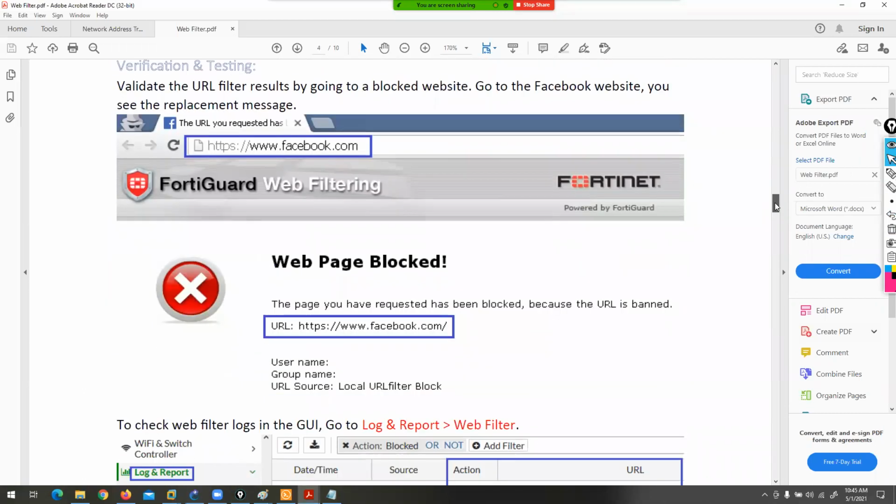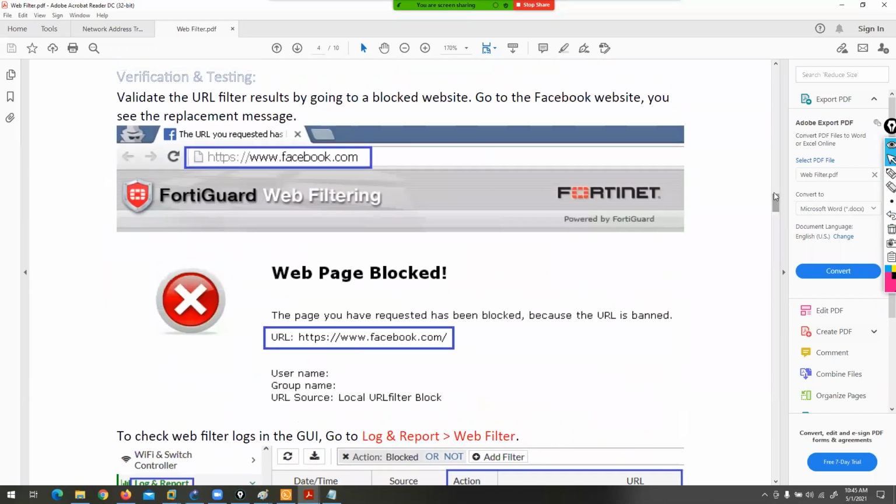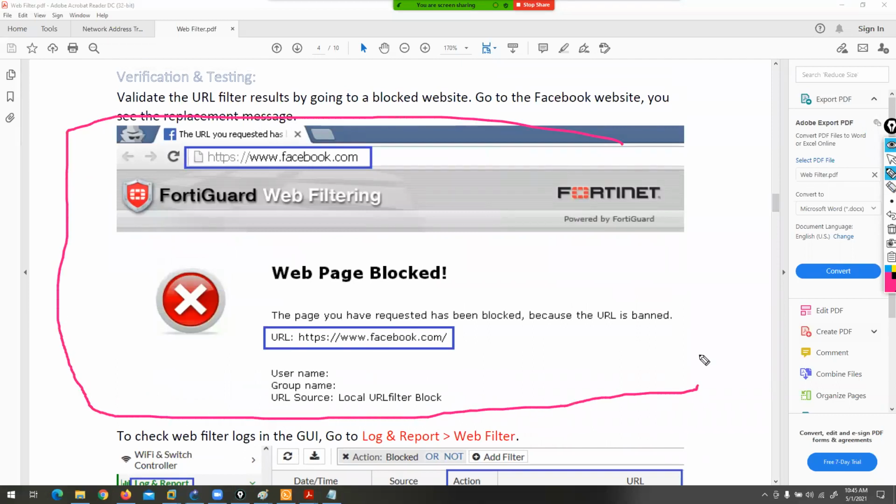Yes, clear. Now, this is the page for verification. If a user is trying to access, the user can get a page like this for URL filtering. If you want to make some changes, this is the response page, guys.